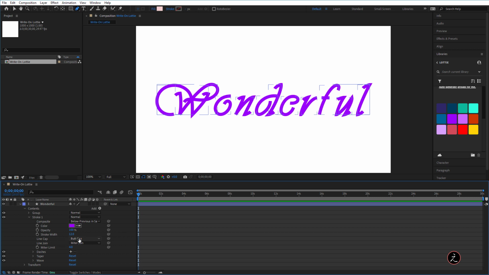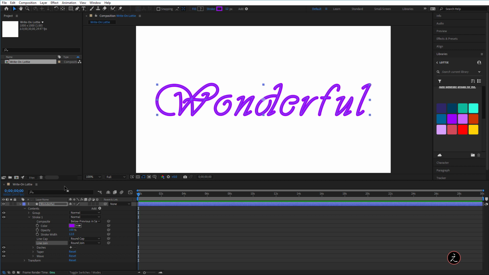Well, under the line cap options for the strokes, for the line cap, instead of butt cap, I'm going to set this to round cap. As you can see here, this rounds the edges. And for the line join, instead of a miter join, I will go ahead and use the line join for rounded corners. Great. These are the two things I want to do.